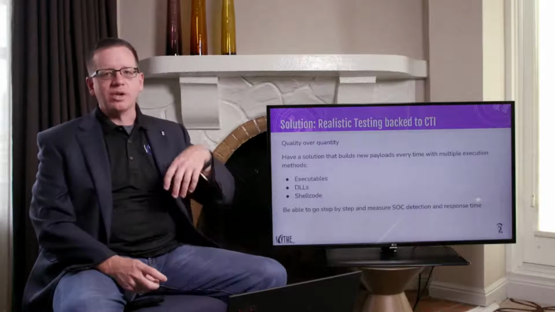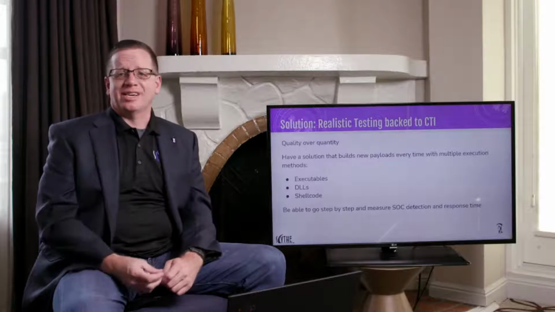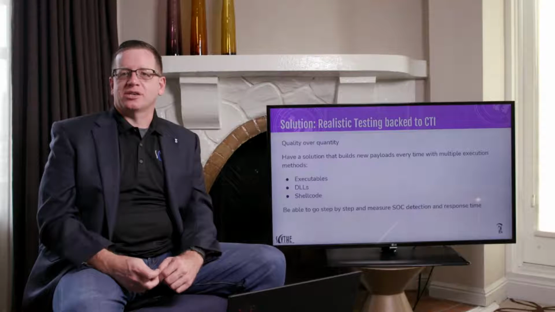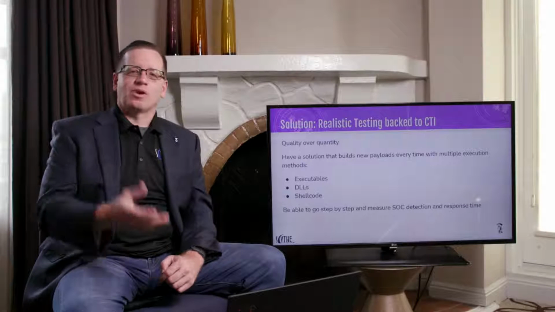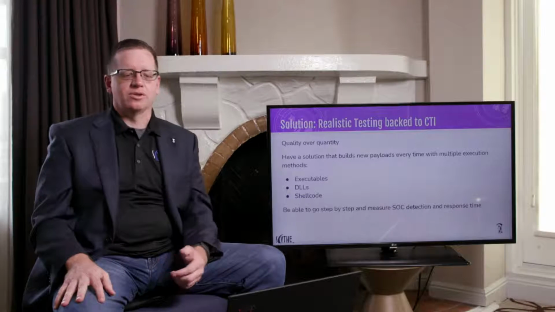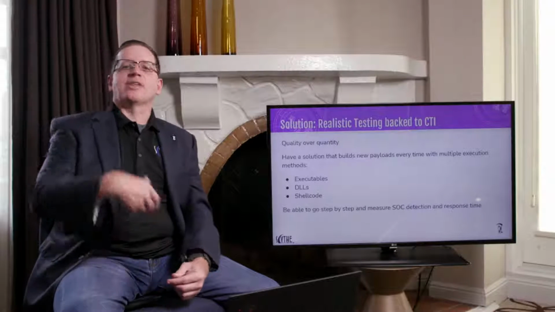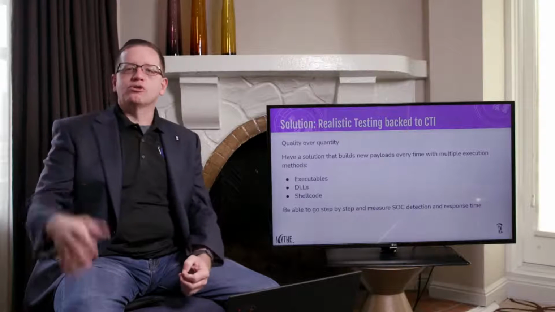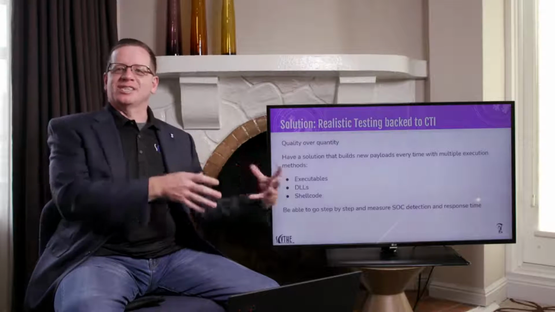So we need to be able to build payloads dynamically as well. We know that endpoint detection is a beast. We also know that some procedures that we execute may get caught if they're run through a standalone executable. But if I run one through a DLL using rundll32 or regsvr32, you name it, or by injecting that DLL into another process, now that procedure gets through. Sometimes that gets caught, but I can inject shellcode or use a beacon object file, a BOF, right? And now the same procedure doesn't get caught.